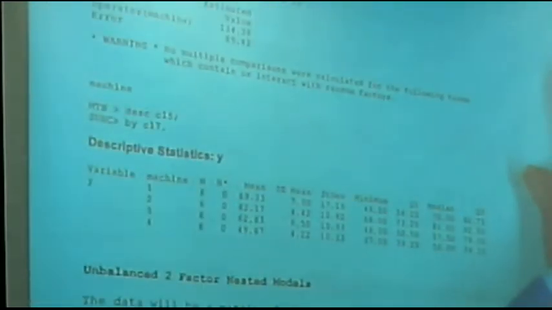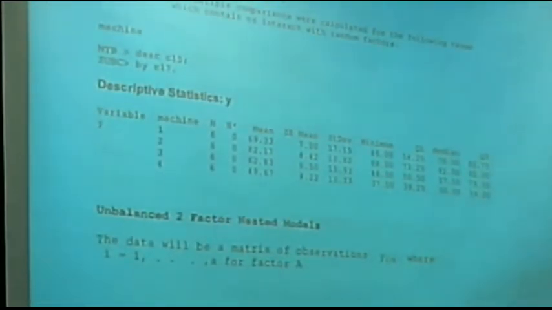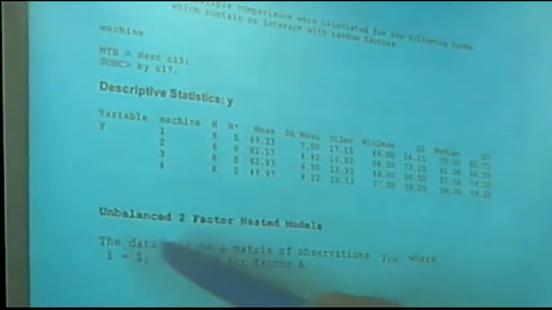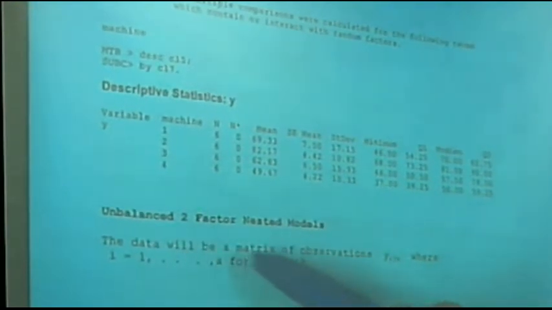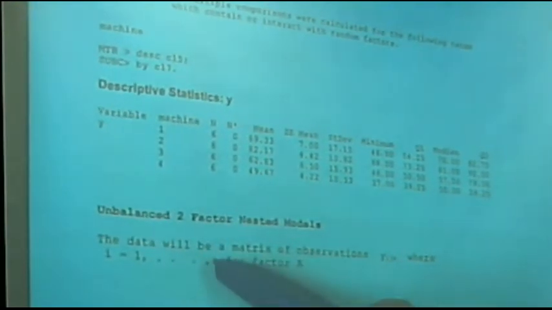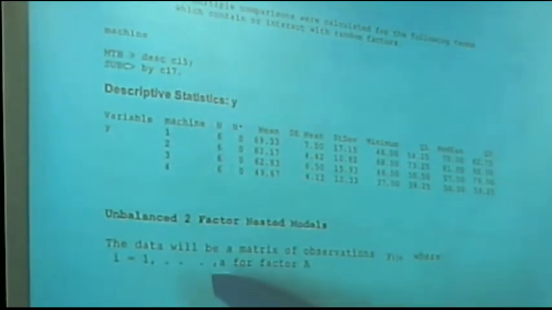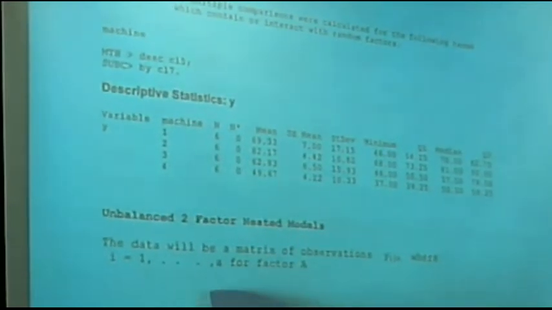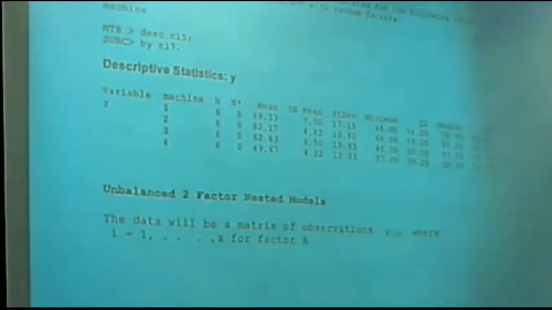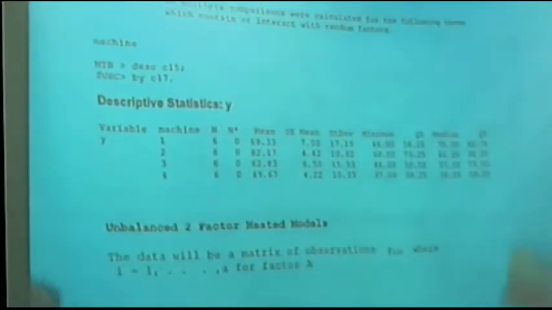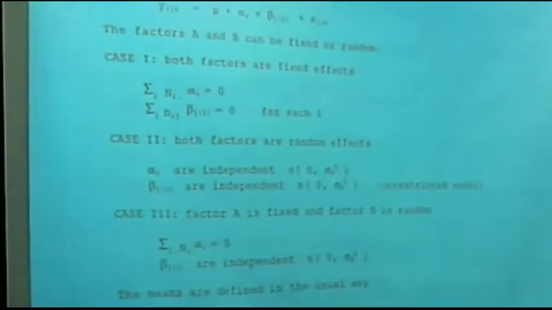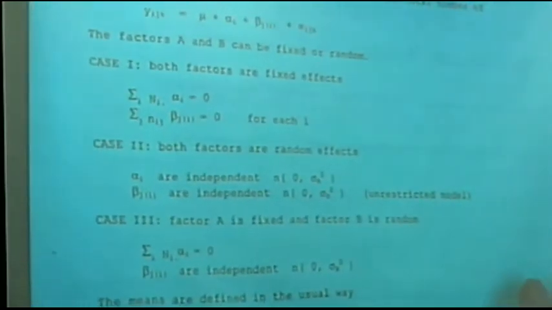So then at the bottom of page 4, it takes up the messy case, unbalanced two-factor nested models. So this is always hard. Unbalanced data is almost always hard in statistical analyses. So I'm going to write up some things about the unbalanced case. So how can we get unbalanced? Well,